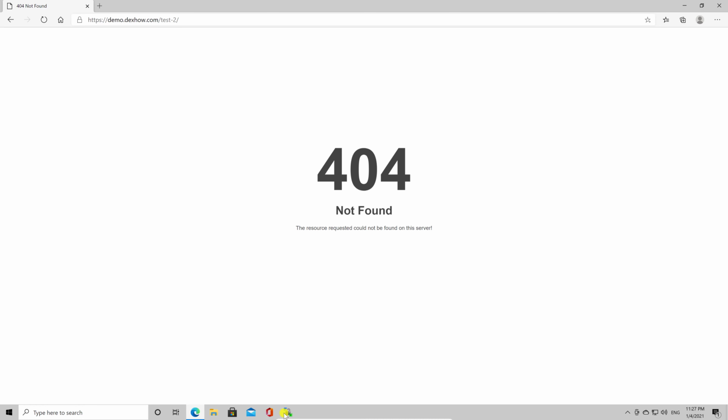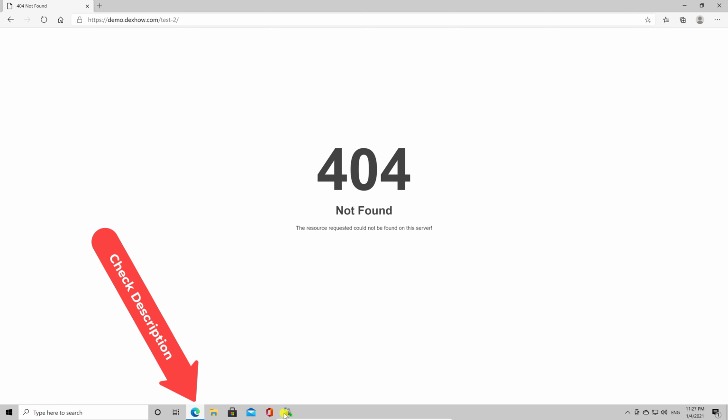For us to add an htaccess file with an FTP, we will need the file. We can recreate the file with a notepad, but I am going to provide a link in the description of the video with an already created file. Just pause the video and download the file.